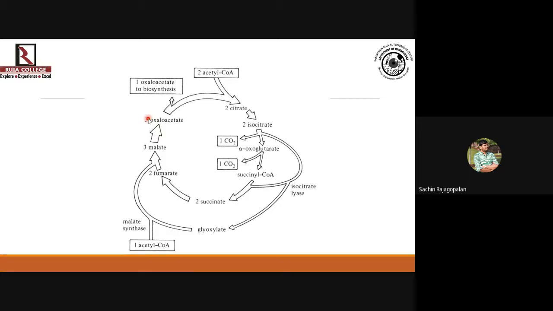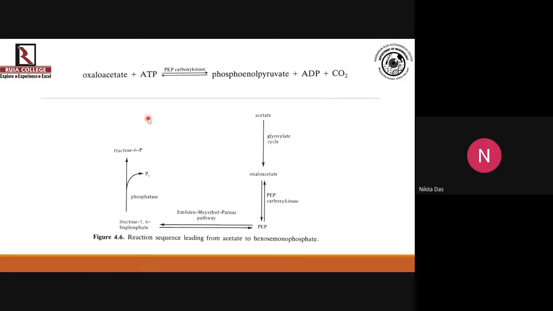So you can use it for the purpose of synthesizing amino acids. You can also use it to go reverse of glycolysis, okay, to generate glucose molecules. So even that can be done, right? So that's why 1 oxaloacetic acid is going to be kept aside for anabolic reactions or for biosynthetic reactions. Okay, fine. So we also said that this is how it is shown here, wherein oxaloacetate can be converted to